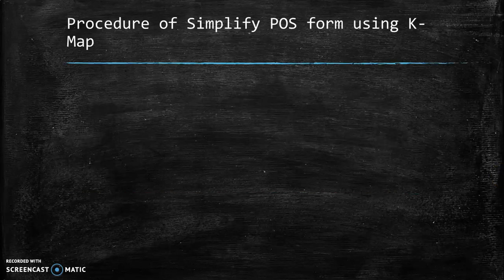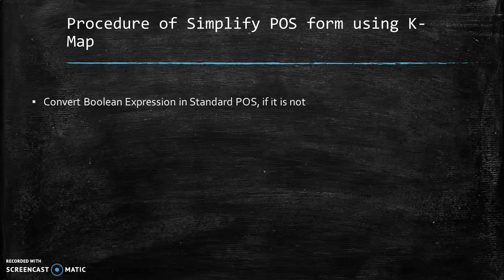Let us now first study the procedure of simplifying POS form using K-map. Convert the Boolean expression into standard POS. Normally, we are given a product of some Boolean function, but if it is not in canonical form or standard form, then first we have to convert the Boolean function into standard POS form. If it is not,